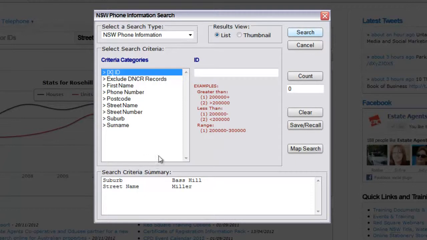The left hand side of that search criteria are the various categories. The right hand side is how I define it. Underneath that, it will show you my search criteria summary. So as I've created the search, it will show you that within the search summary. If I come down the right hand side of the New South Wales phone searched area here, you'll see search. That's self-explanatory. If I left click on search, it would go off and do the search